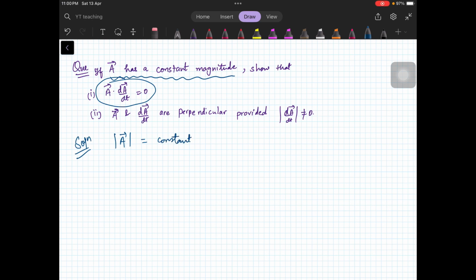I don't know what to do with the modulus, but what I can do is take the square, which is also a constant, because if something is constant, its square is also constant. Now I can write A dot A, which is nothing but mod of A square, as constant. Now if I differentiate with respect to t,